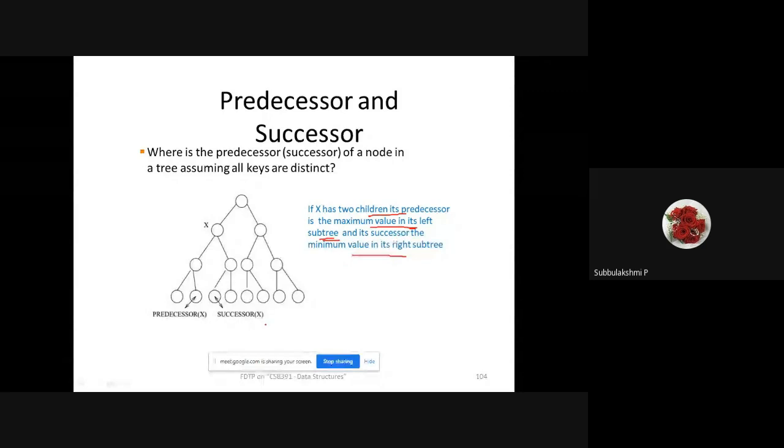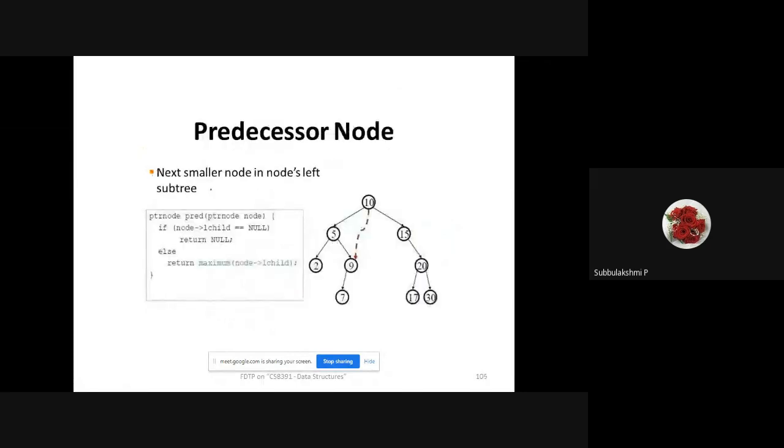In the right side, going down, you are trying to find the minimum value that is present in the right side, the opposite of minimum and maximum. Okay. So successor of a node in a tree, assuming all keys are distinct. Okay. And the next smaller node in the node's left subtree is what I'm trying to find. So from 10, you have a section of 5. From 5, you go to 9. And from 9, you have a left side portion of,